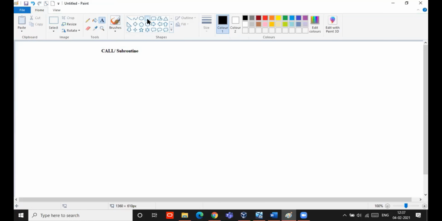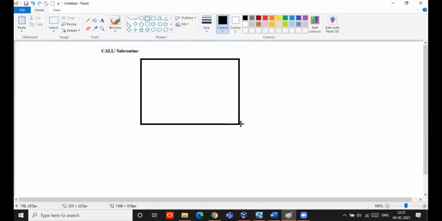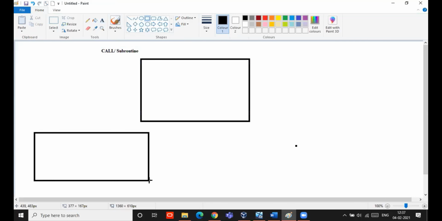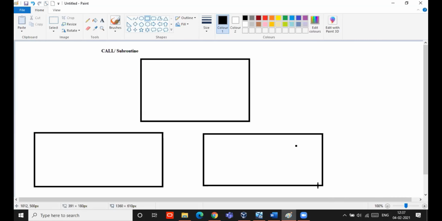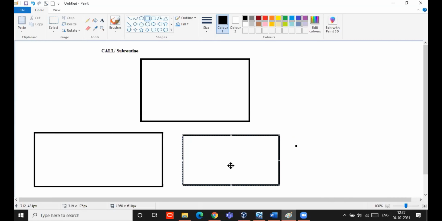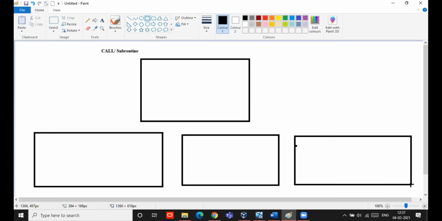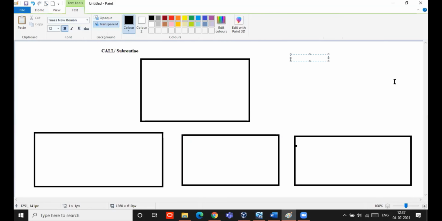For example, just assume this is one page, and these are all the other sub pages. Just assume this is a paint mixing process.